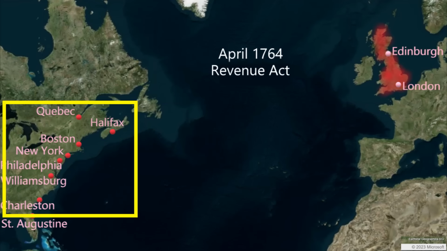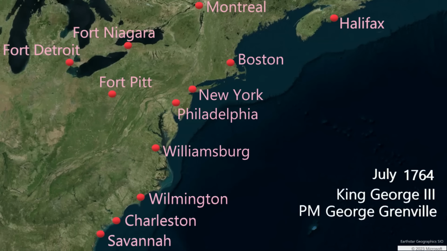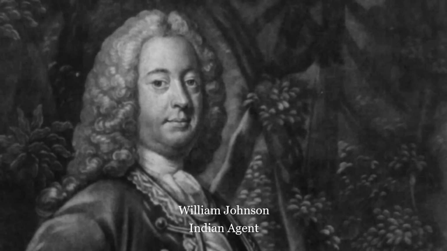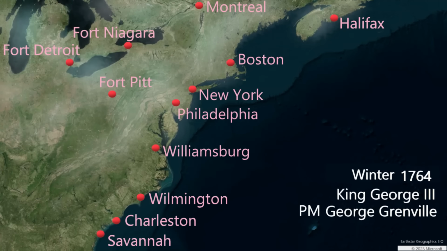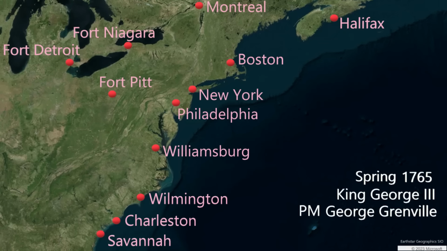We will zoom back into the colonies. In July 1764, the empire is assuming a wider and more formal responsibility in communication with native nations. William Johnson and John Stuart are appointed as Britain's agents with the natives. 1764 comes to an end. It's now spring 1765. British civilization is now maturing into the first industrial revolution.